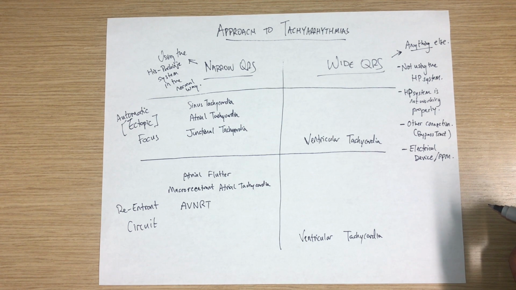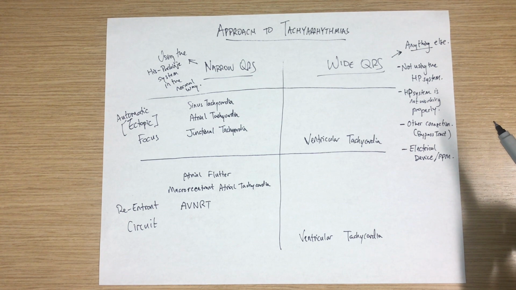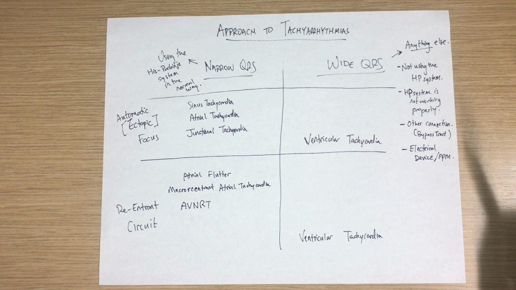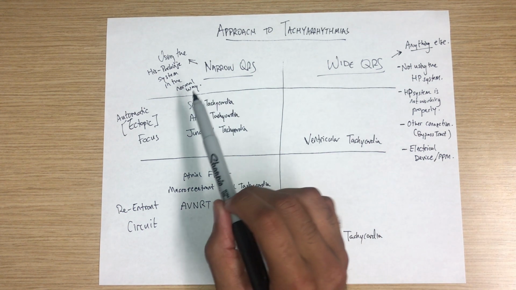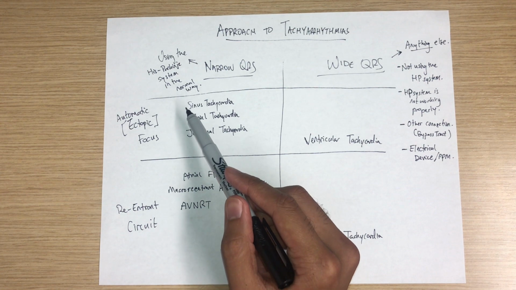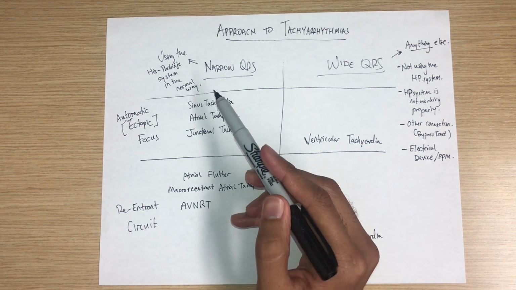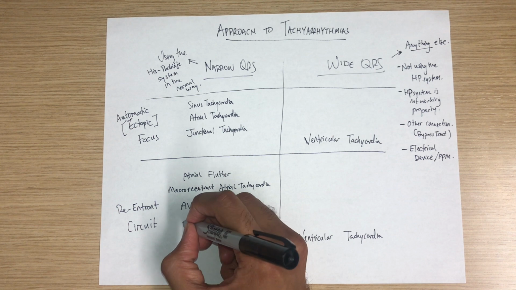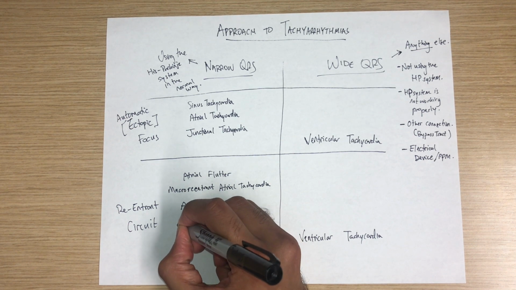The other reentrant circuit that's worth going into a little more detail here is AVRT, or atrioventricular reentrant tachycardia, when you have a bypass tract. In that case, one limb of the circuit uses the His-Purkinje system and the other limb uses the bypass tract. If you use the His-Purkinje system going down, meaning in the normal way, then you can still get a narrow QRS complex. And so that is called orthodromic